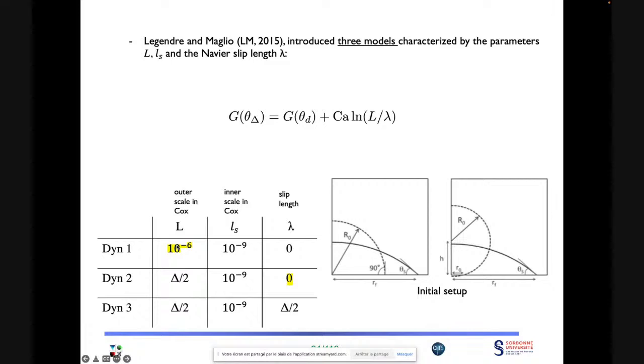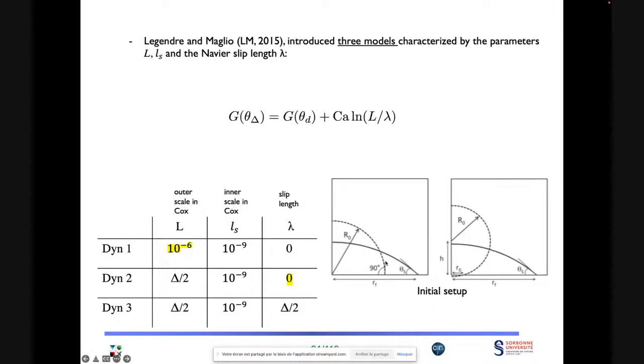This is not good because it should depend on the grid size. The DIN2 model has a slip length which is 0, which is not good either. And the DIN3 model has a fixed inner length scale, and an outer scale with the grid size and a slip length which is also the grid size. So this is the best of the three Lejeune and Maglio models,